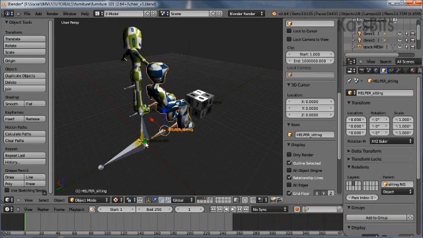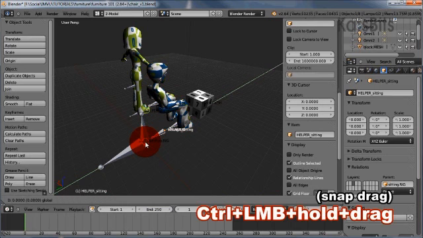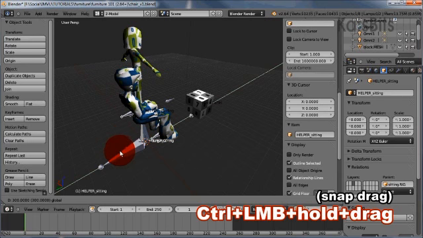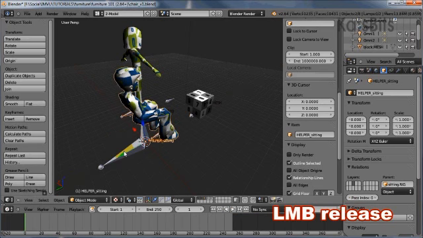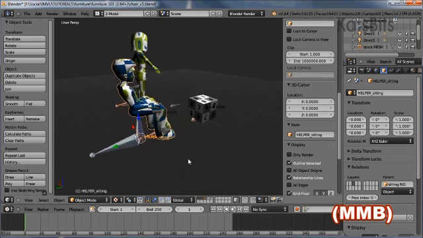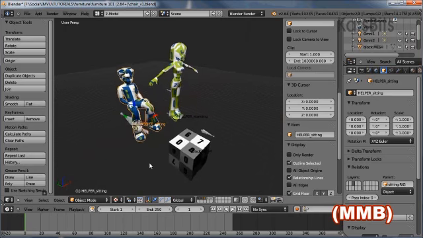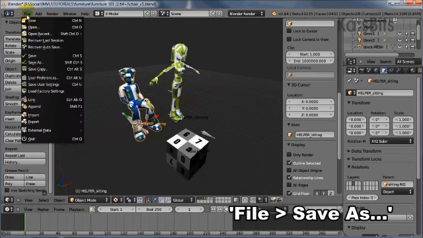Do the same thing again on the green arrow, left click hold, hold control down and drag back so that that little dot is on the intersection between the red line and the green line. So release the left mouse button and control. So we've got a green axis indicator and a red axis indicator, and they intersect where this small dot is. But for now what we've done is positioned the avatar helper in a way that's going to help us make the chair. So if you want to go ahead and save the file, save,